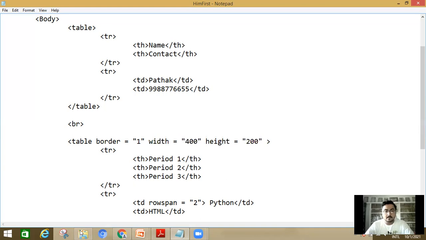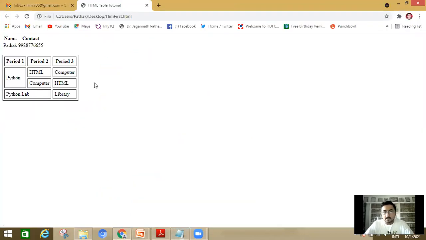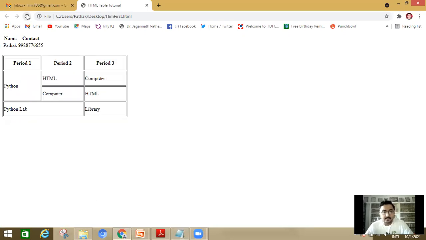Okay, Control S. Here you can see that this is the default size. Now I am going to define the width and height. Now what will happen? Here you can see the effect. Now my table looks big.